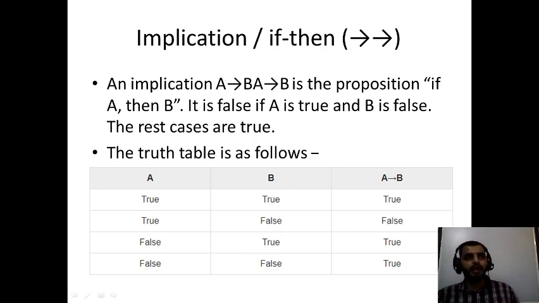Why? Because A has some content which is not present in B, and A implies B in the sense that B has the content of A. If B does not hold any of the value of A, then the outcome will be false. And here A has nothing, B has something, and the value of A is present in B, then it is true. In the last case, A has nothing, B has nothing, the outcome will be true, because both are null sets, so the outcome is a null set only, so it is true.